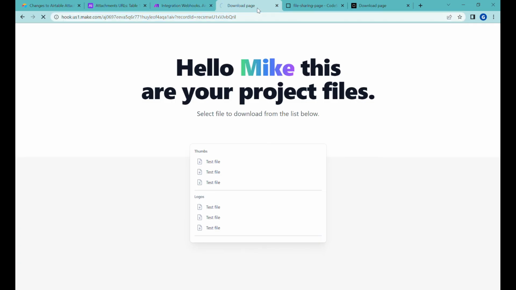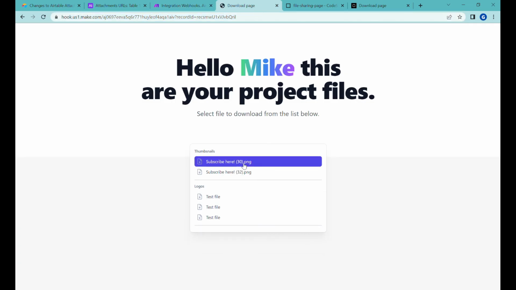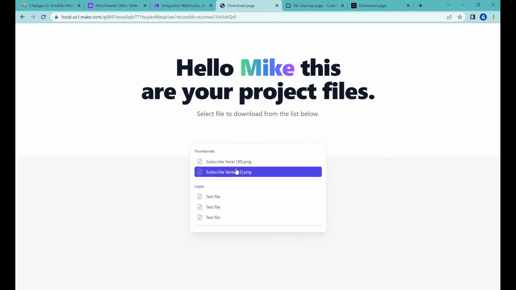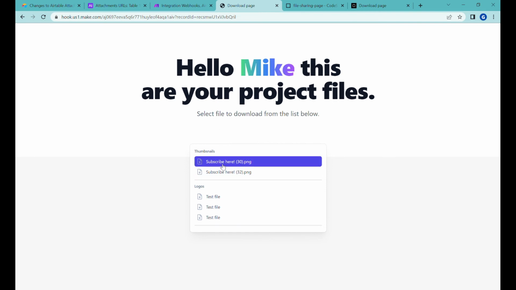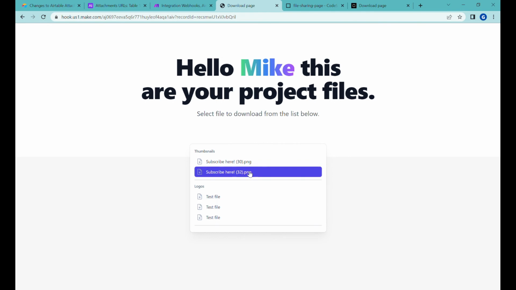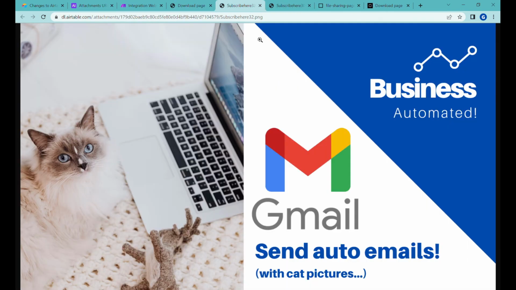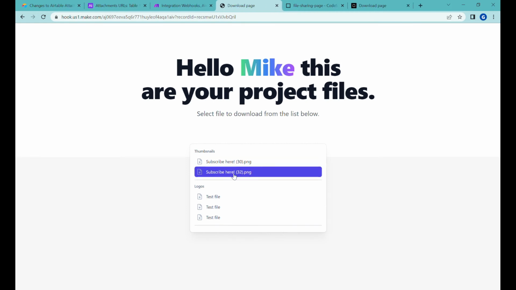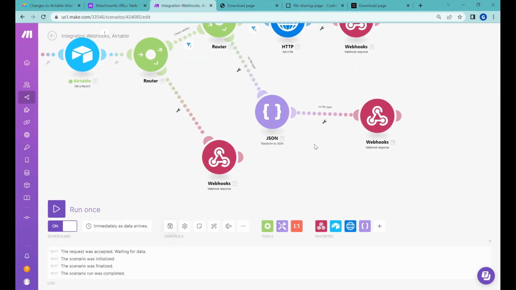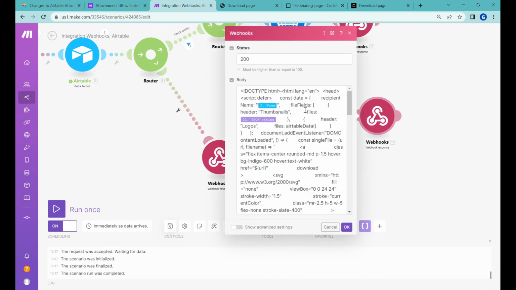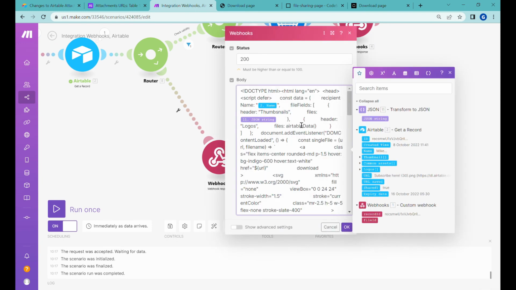Let's see the download page. And you can see that we already have the thumbnails and all the information that we had from Airtable there. So you can see we already have both files, and this returns the up-to-date links to those particular files. Now I have also added the logo file over there. So if you go back to the response over here, you can see that